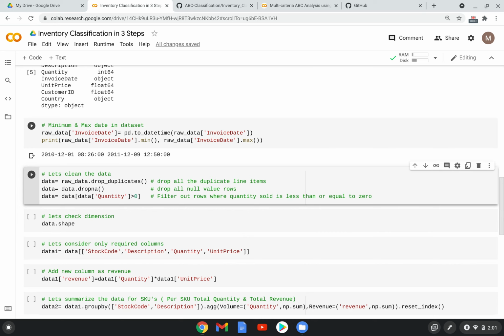Some products might have seasonality, so if you don't consider a 1 year data set, you might lose some seasonality of the products. That's the reason it's always better to consider at least 1 year. If you have more than 1 year, that's pretty good. Otherwise, the minimum requirement is 1 year of data.